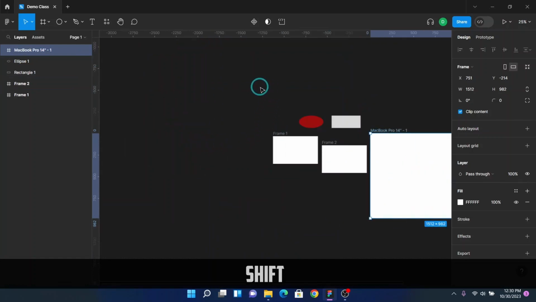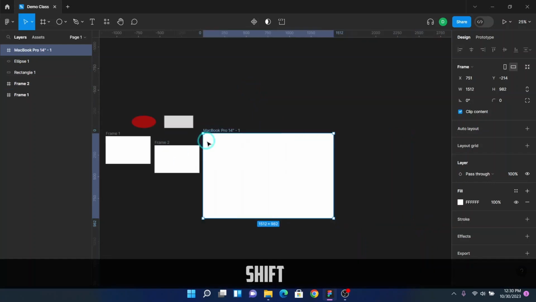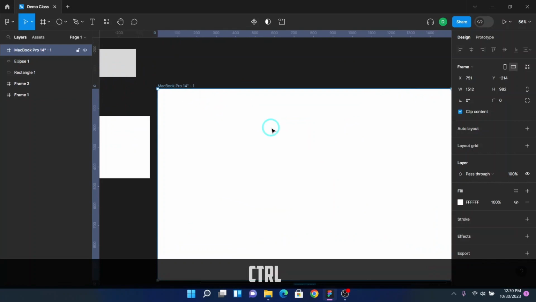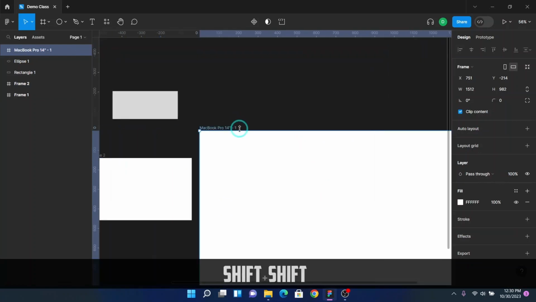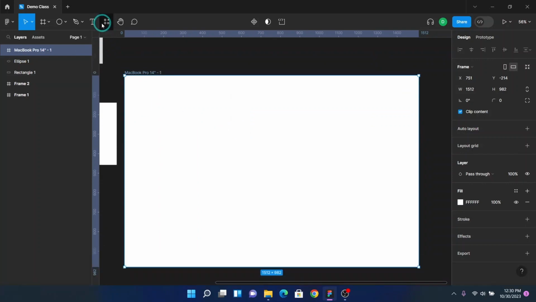I've covered frame, I've covered the selection tool, and I've covered shapes too. So let's talk about text now. Let me zoom into our frame. Let's say we want to design something on our MacBook right now. I will explain how to zoom in a minute. Let me just cover a couple of things first. So for the text tool now,